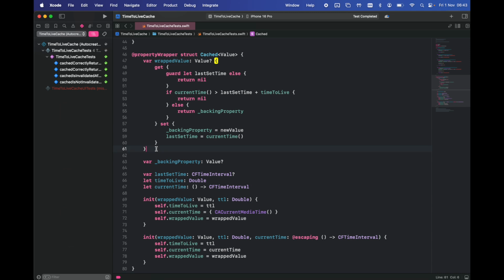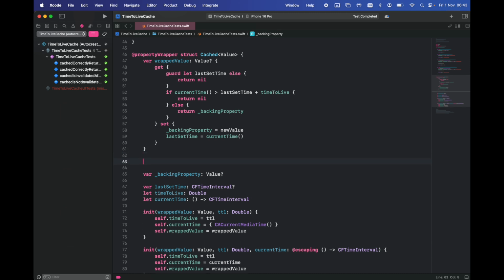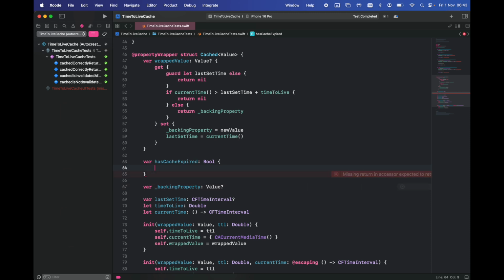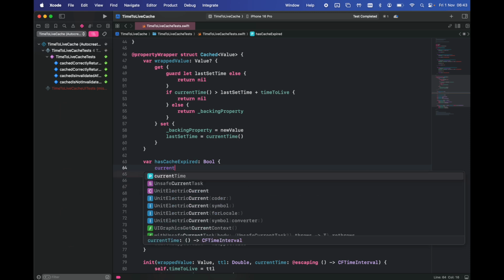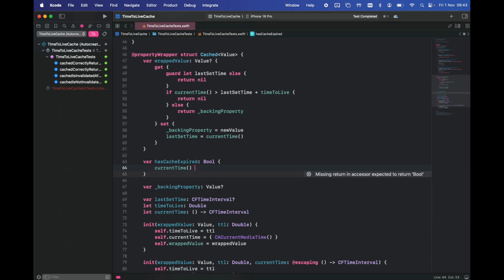So the first thing I'm going to try and do is pull some of the logic into something like, has the cache expired? So I have a property. I could just say if cache is expired or not. So I'm going to say var has cache expired, and it's Boolean. It's going to be a computed property, and I'm just going to say that if the current time, so fetch the current time, is greater than the last set time plus the time to live, that should